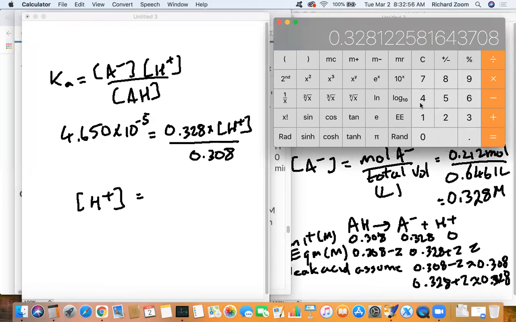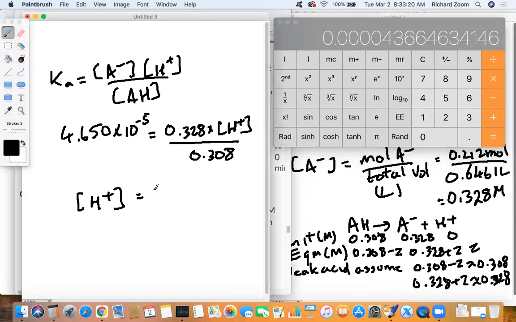So it'd be 4.65 times 10 to the negative 5 times 0.308 divided by 0.328. And that's our 4.36 times 10 to the negative 5,